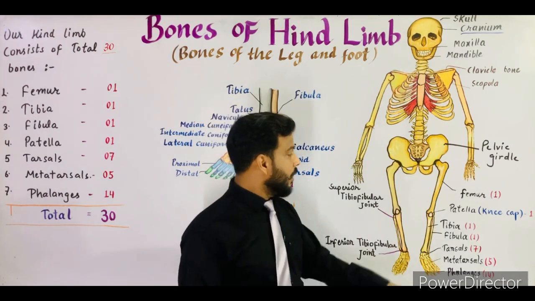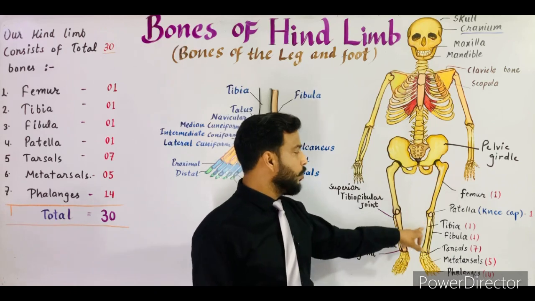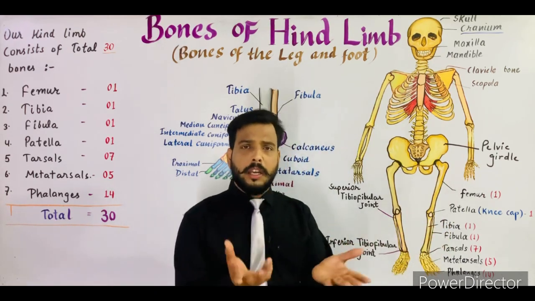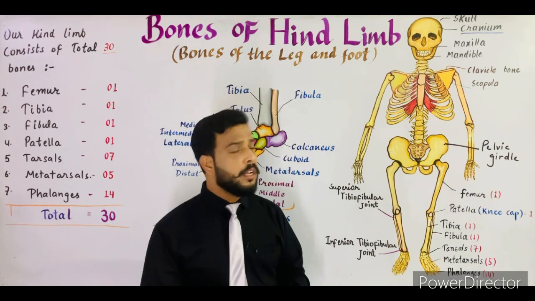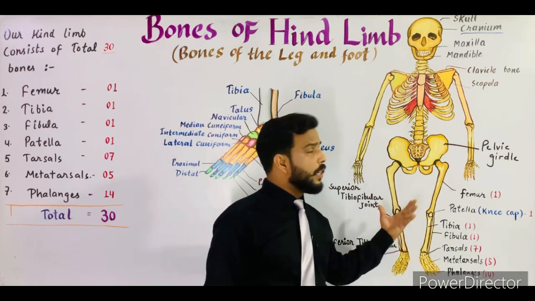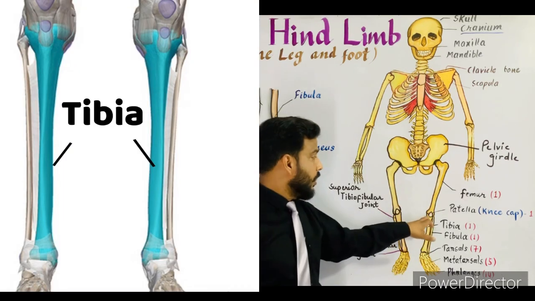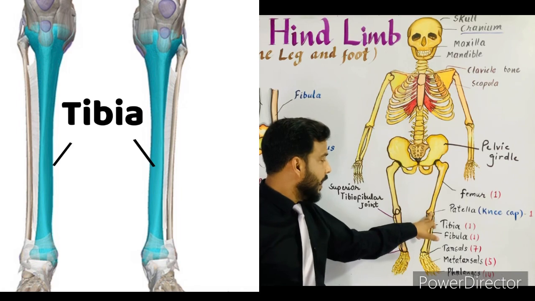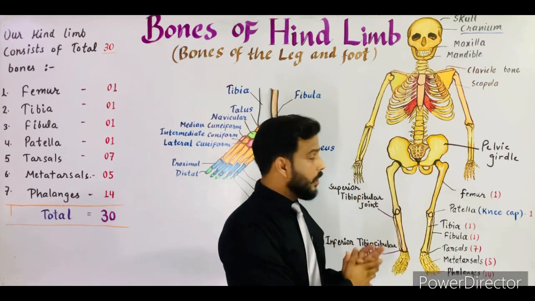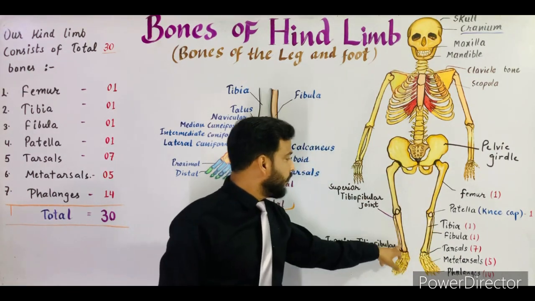Below the patella there are two bones, not completely fused, which are separately known as the tibia and fibula. Collectively they are known as tibia and fibula. Tibia is a very important bone because it carries all the weight of our body. This tibia is directly attached to the patella. This is the tibia bone, which is found closer to the body or inside the body. Now the second bone, that is the fibula bone.